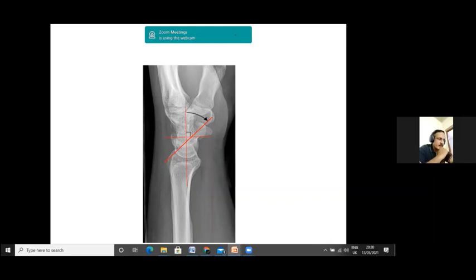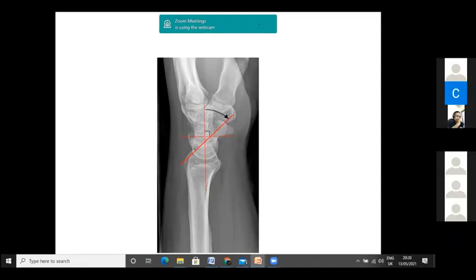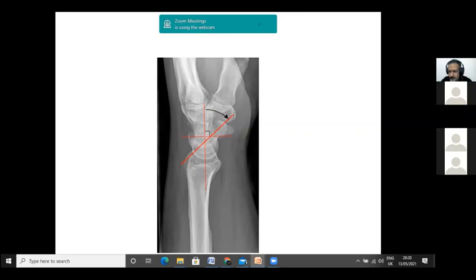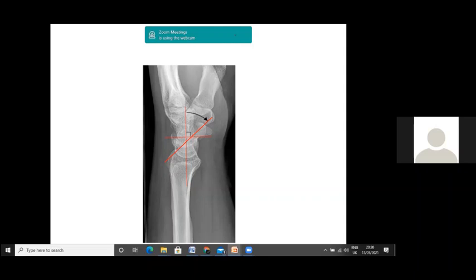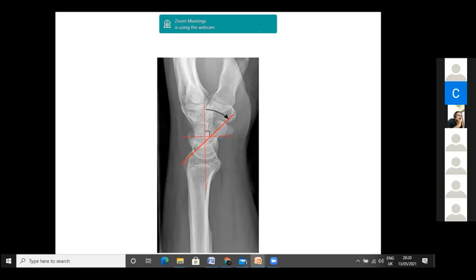Yes, sir. So what is the difference between perilunate dislocation and lunate dislocation? Are you following? Yes. Can you say what is the difference between perilunate dislocation and lunate dislocation? Does somebody need to help? Sanjeev has now joined, it seems. Sheena, are you there? Yes, sir. Hello.